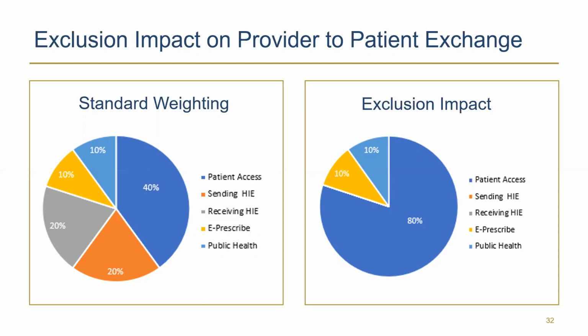And in this example, we see on the right-hand pie chart what would happen if a provider were to take exclusions for the 2 health information exchange measures. This action would increase the weight of the patient access measure up to 80% of the total category score. The key takeaway of this slide is the large amount of weight that can fall into the patient access measure. Therefore, it is beneficial to consider strategies for excluding, where appropriate and able, some measures and focus on this measure to maximize a score for PI.